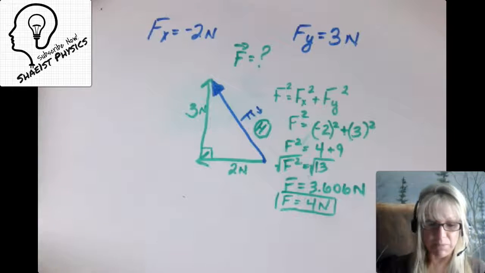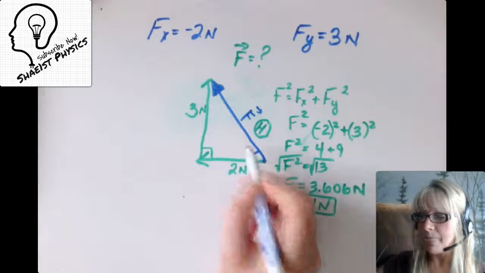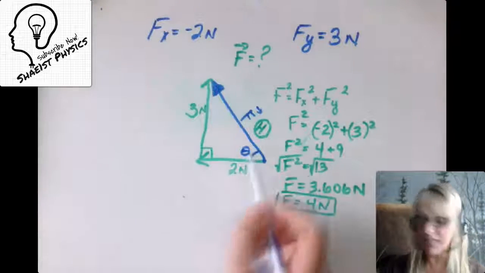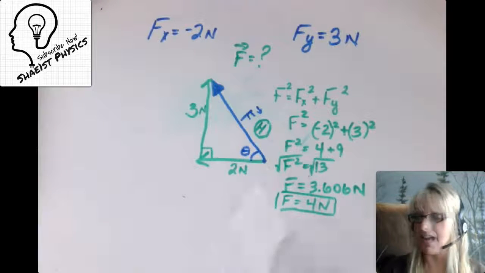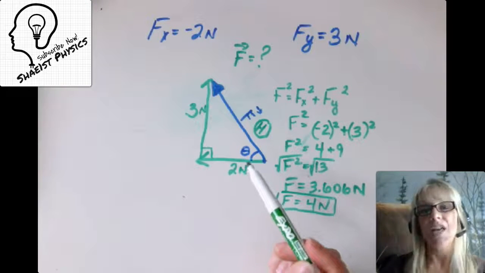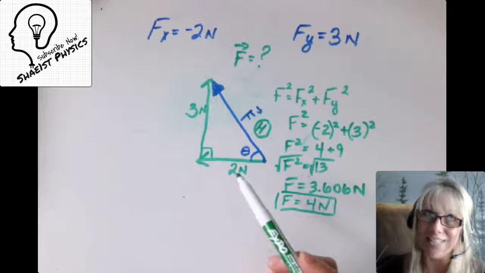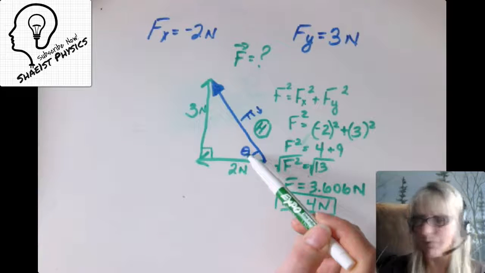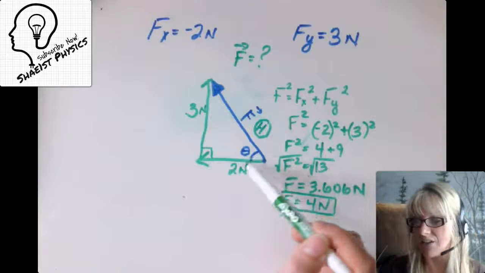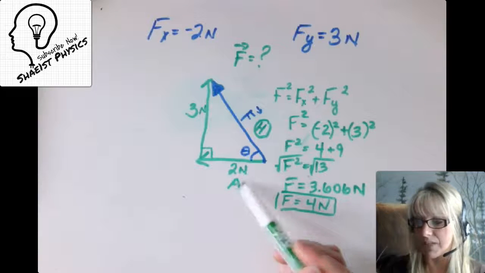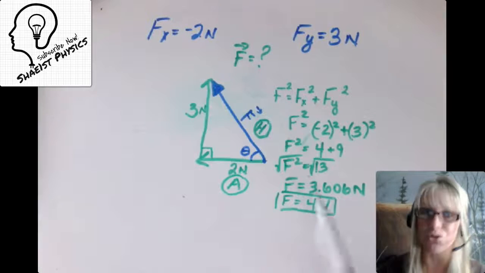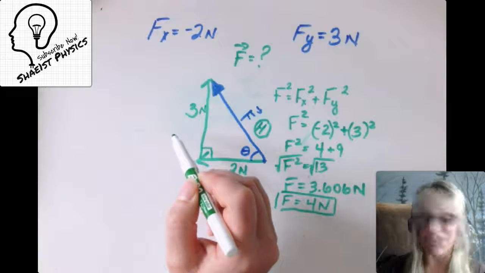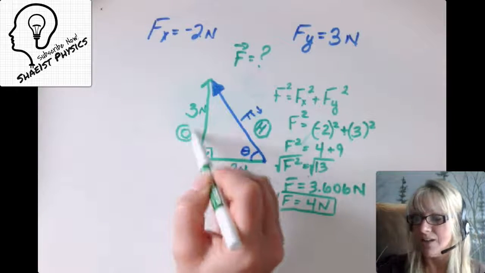but I still need the angle of the force. Well, it's always best to find the angle from the tail of that force. So I'm going to find the angle relative to horizontal. If this is the angle in question, now I'm going to define the sides of my triangle in terms of opposite, adjacent, I like to call it attached, and hypotenuse. I already know this is the hypotenuse. If this is the angle I'm looking for, the side that's attached to the angle is this side right here. So this is going to be called the attached side or adjacent side to make all those trig teachers happy. Across from that angle, the one that's not attached and it's not the hypotenuse, is the other side or the